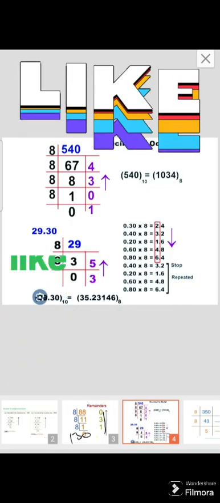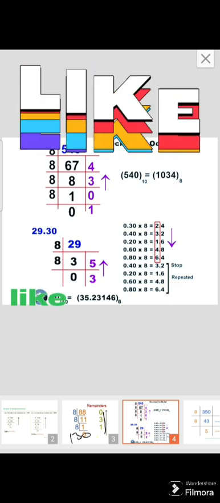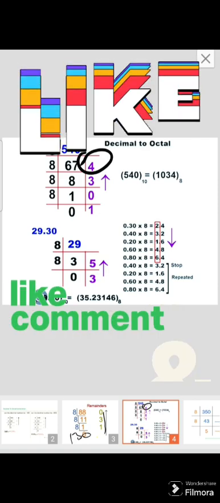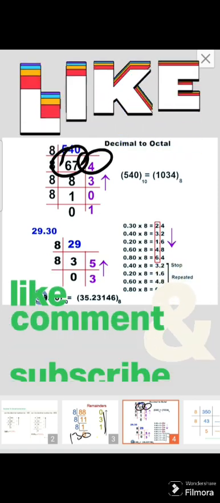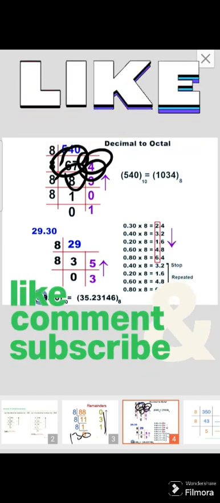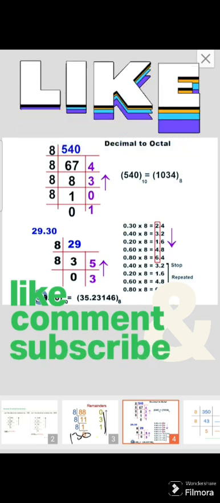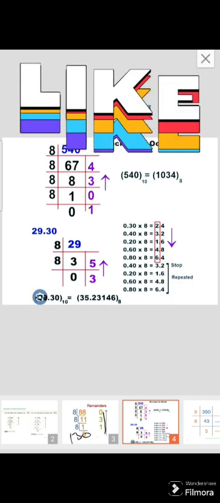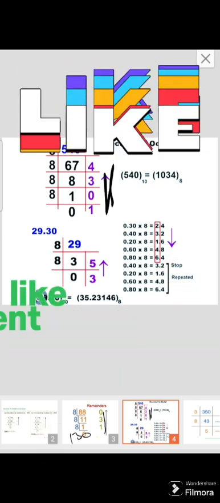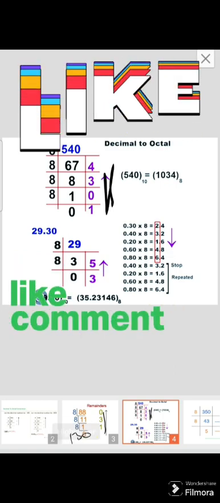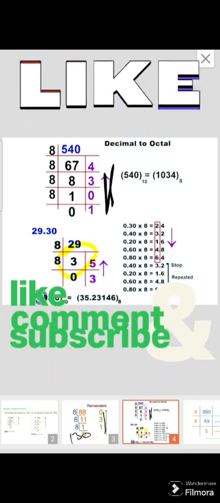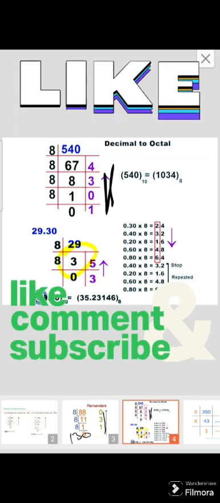अब दूसरा एग्जांपल देखते हैं, 540 दे रखा है, तो हम 8 से डिवाइड करेंगे, तो 4 बचेगा और 67 आएगा। 67 को फिर से डिवाइड करेंगे तो 3 बचेगा। फिर 8 बचा तो 8 से डिवाइड करा 1 टाइम और 0। अब आंसर हम बॉटम से लेंगे, तो आंसर आ रहा है 1034, ये ऑक्टाडेसिमल नंबर इसका आ जाएगा। अब 29 है, 29 को हम 8 से डिवाइड करेंगे, तो 3 बचेगा, और अब 3 छोटा आ गया, तो आंसर 35 इसका बचेगा।